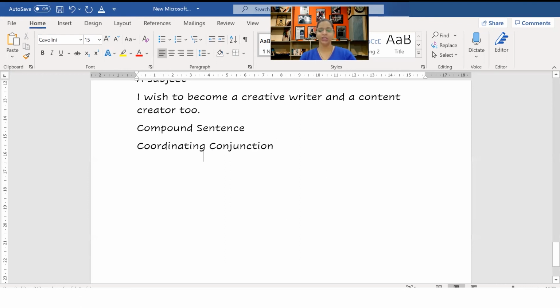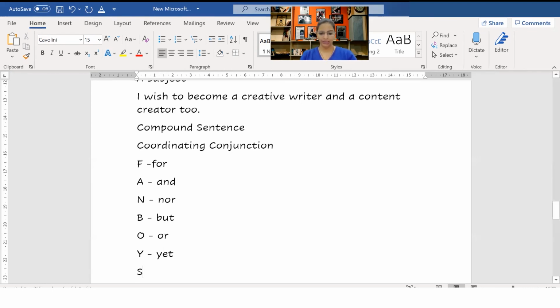So let me tell you what the coordinating conjunctions are. FANBOYS: for, and, nor, but, or, yet, and so. I have written so in capital, the rest in small.